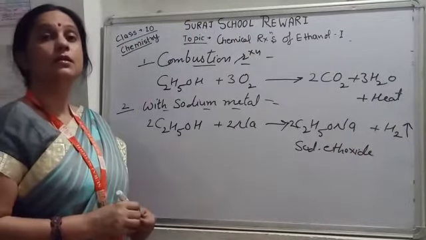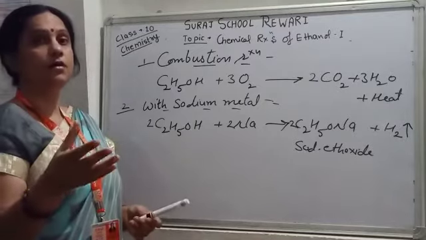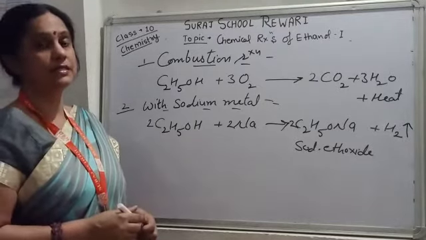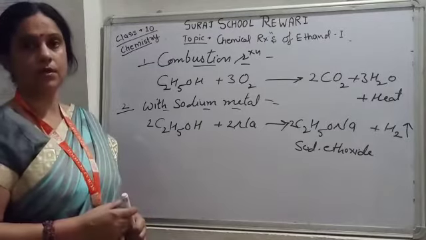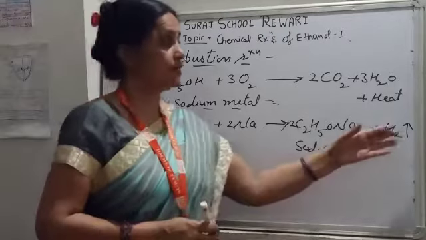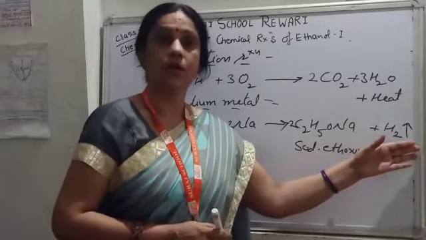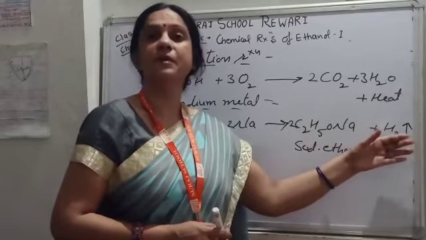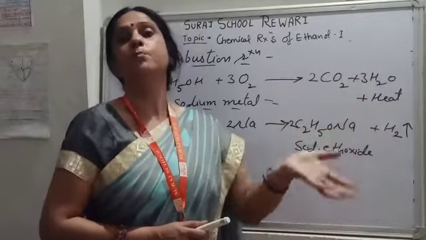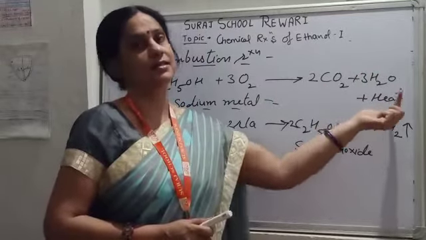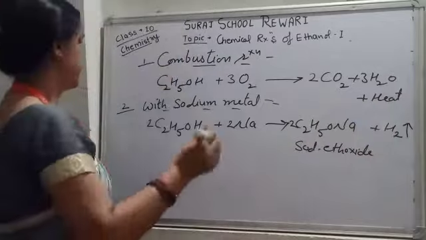We can identify hydrogen gas by the burning test: hydrogen gas burns with a pop sound. If we want to check whether this gas is hydrogen or not, we bring a burning splinter near the test tube, and the gas starts to burn with a pop sound. It is the characteristic test of hydrogen gas.